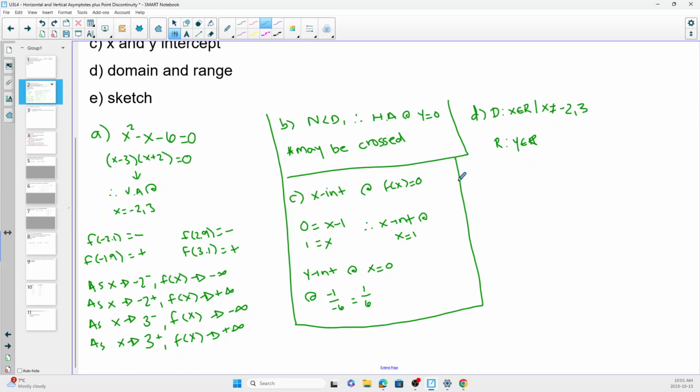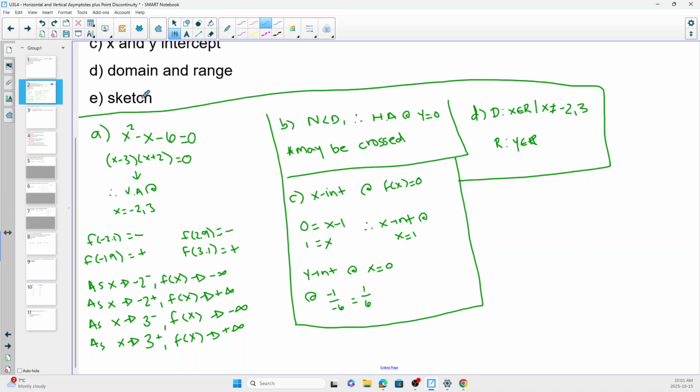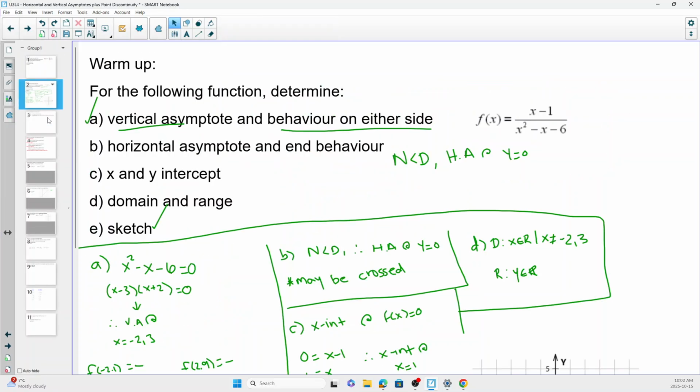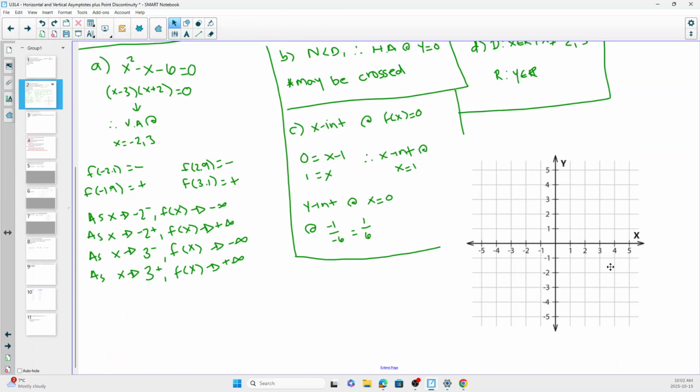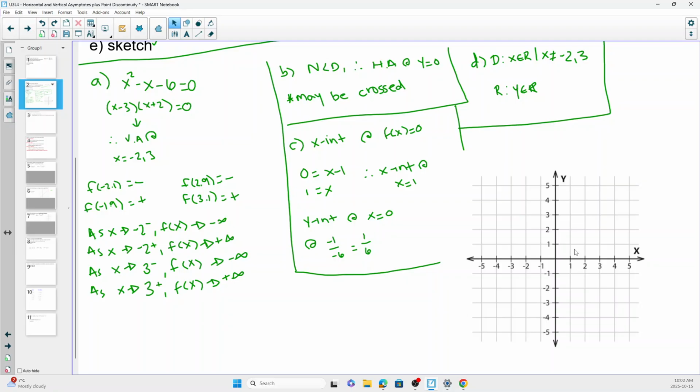All right, so we've got everything we need here to sketch this function, and I'm just going to pause this so that I can get a Cartesian quickly. All right, so now I've got a Cartesian here, and we'll start putting our information. So we have vertical asymptotes at negative 2 and negative 3. So I'm going to grab my